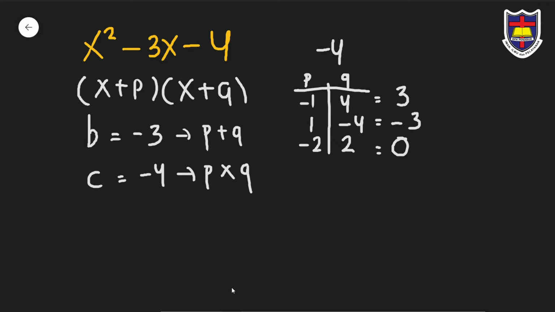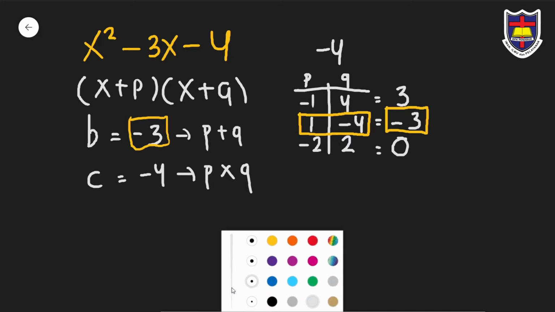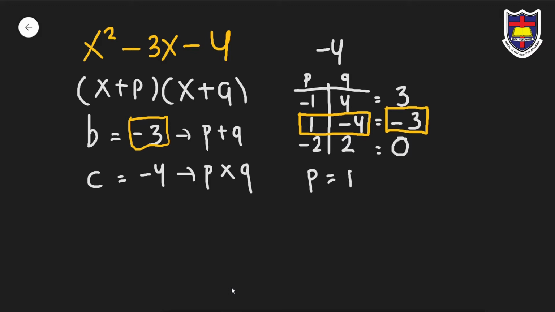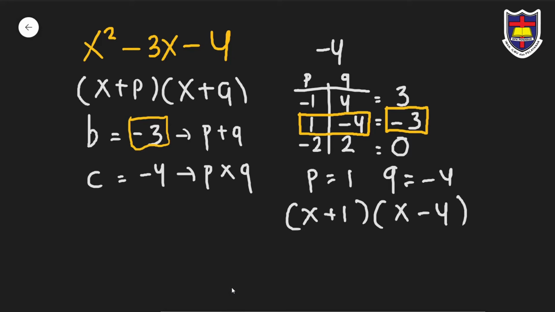So now the value of b is negative 3. So the correct factor will be negative 3, this one, because it's the same. So the factors of that equation are 1 and negative 4. So we have p equals 1, q equals negative 4. So we have (x plus 1) times (x minus 4). Okay, so we can write it (x plus 1)(x minus 4)